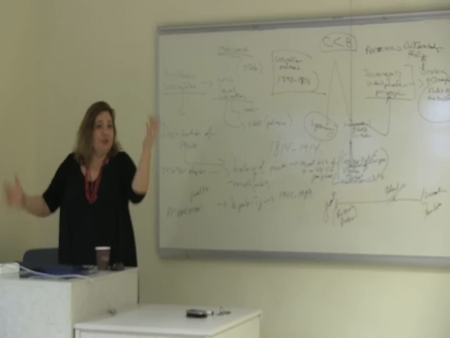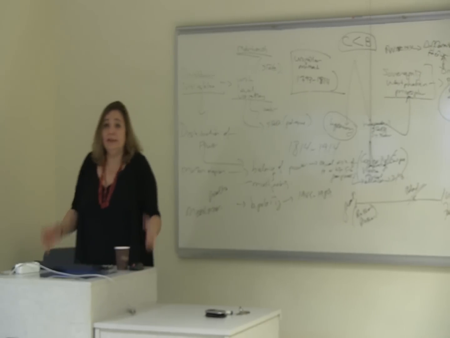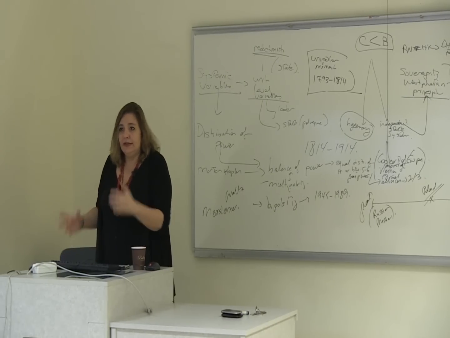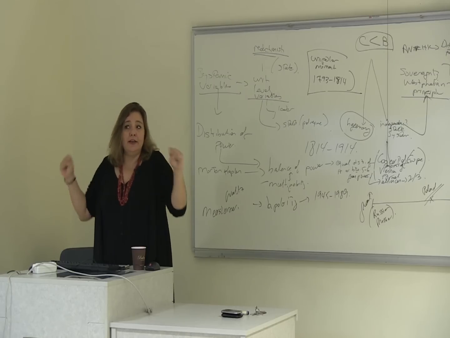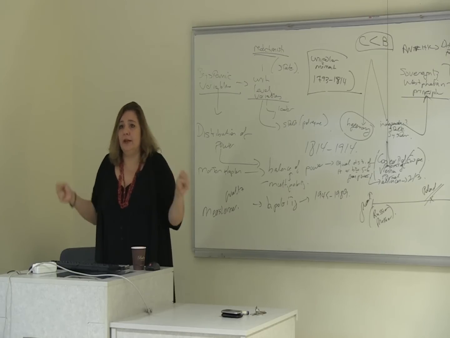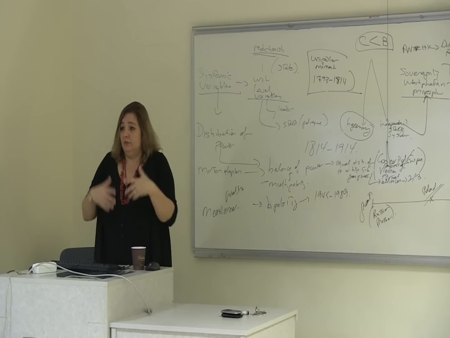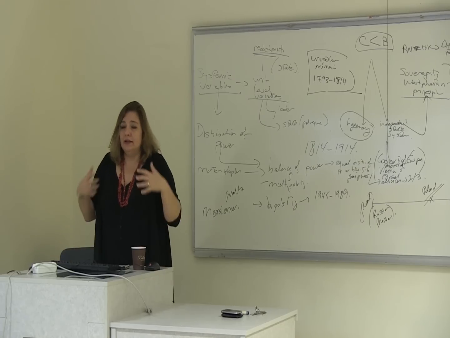So Mearsheimer says a multipolar distribution of power, or multipolarity as a system, is more conducive to war than, let's say, a strict bipolarity. Why? Because you have a higher probability of a hegemonic player to rise. If you have more than 2 players, if you have 3, 4, 5, 6, one of them might rise